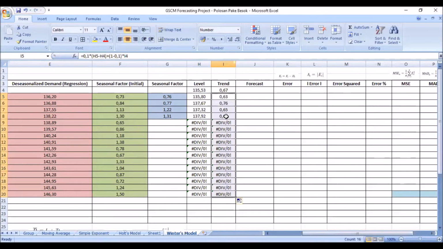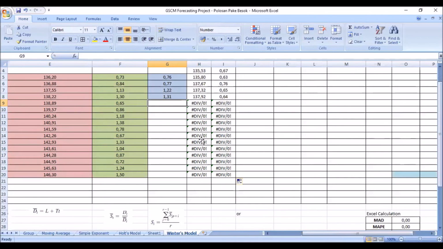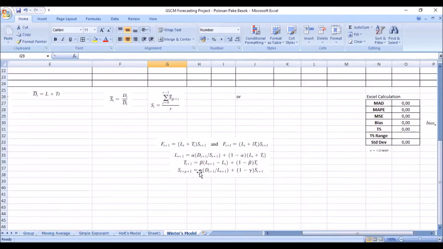And as usual, the trend after the first 4 is still presented as div 0, like the level, because we haven't found a seasonal factor. And after we have found the seasonal factors, we will be able to find the level and trend in a complete manner. And then we're gonna find the seasonal factor, which is based on the gamma multiplied by the demand of